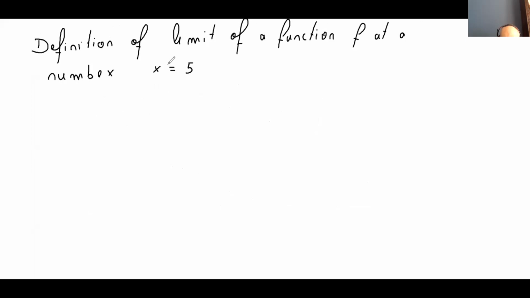So let's say x equals 5. I'm going to fix a number like that, x equals 5. So we say that the limit as x approaches 5 of f of x is equal to a number L if